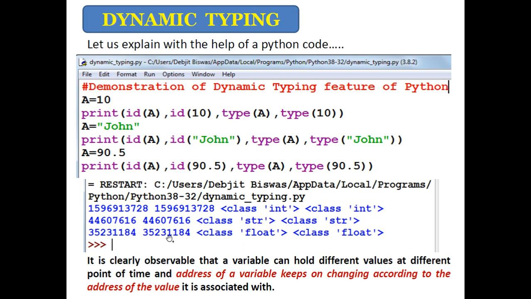Similarly, in this case also. That means what is observable is that the address of a variable keeps on changing according to the address of the value it is associated with, and also the type of the variable changes as per the value it points to.